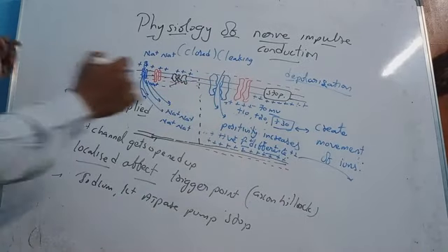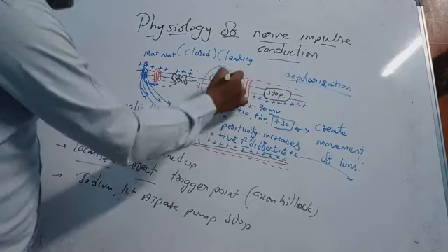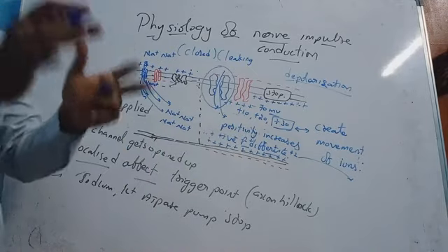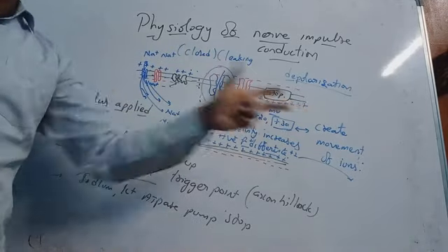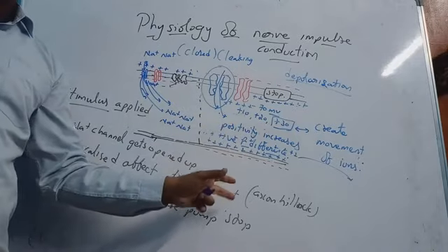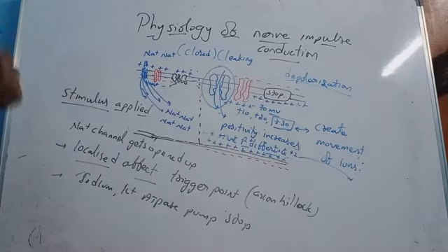Now what happened? This is a depolarization site. It came in, so depolarization started. Depolarization starting does not mean that it will have a nerve impulse, no. So the point is, these depolarized ions should start moving to the next level or next zone. So that is called as nerve impulse.